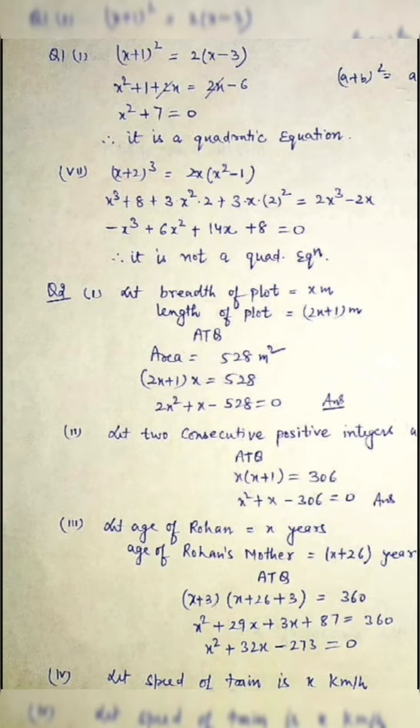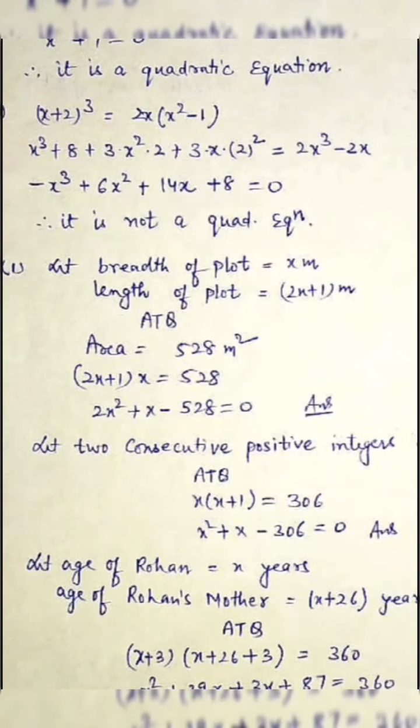In the question it is only written that we have to find, meaning you are not to solve. It is not written to solve, you don't have to find it, it is only mentioned that if we had to find this, what would your equation be, right? So you can see here we assumed breadth as x meter, so length of the plot will become 2x plus 1 because 1 more than twice the breadth, that means twice means 2x and plus 1, so length will be 2x plus 1 meters. Don't forget to write the unit meter, centimeter, for age years and so on, it is compulsory for you to write this.